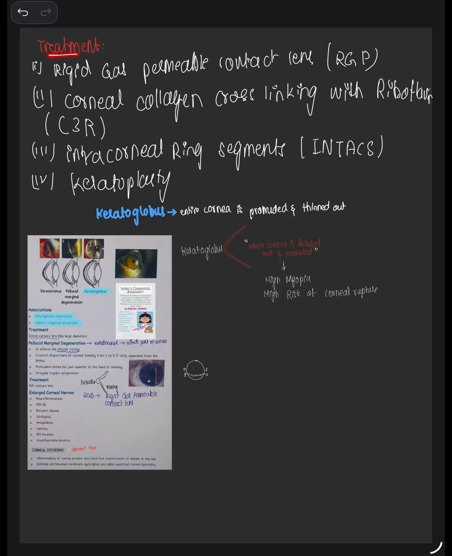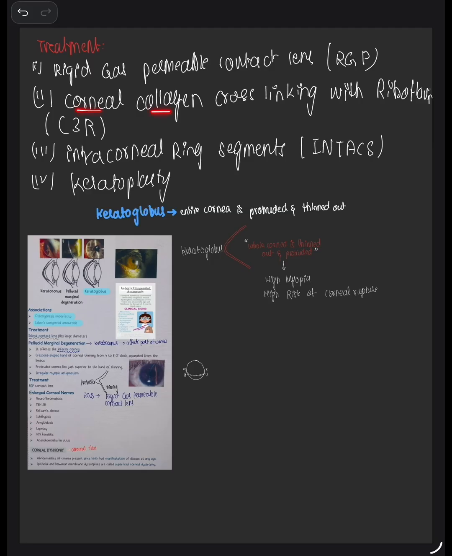What is the treatment of the keratoconus? So first is to treat the irregular astigmatism. For this we use the rigid gas permeable contact lenses, RGP. Irregular astigmatism can be corrected by the use of rigid gas permeable contact lenses. And as the curvature of the cornea is very high, the contact lens is not able to stay on the cornea. Then we can do the C3R,